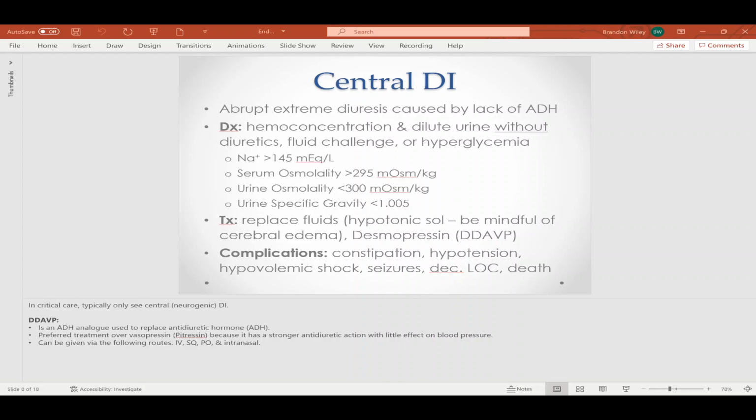So, recap, DI, you're going to have too much ADH? Too little, right? So you're going to have not enough ADH, caused by three main causes. What are the three causes? Yep, psychogenic. Yep, perfect. Your labs are going to be high sodium, and your treatment's going to be